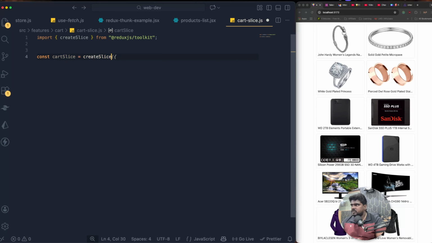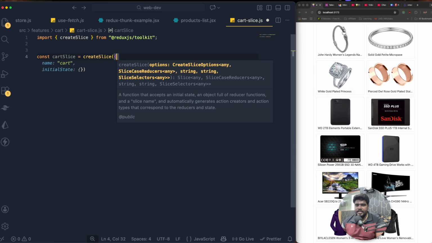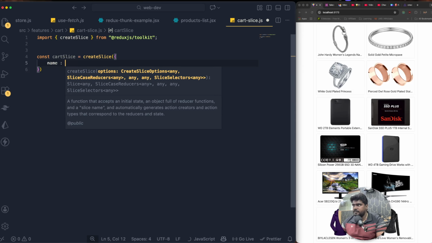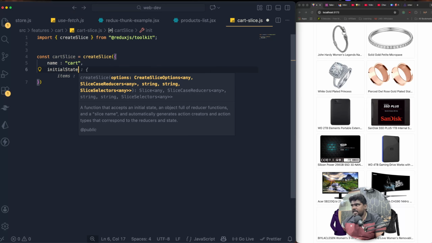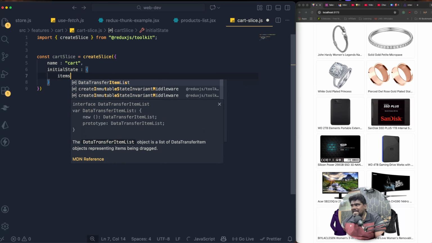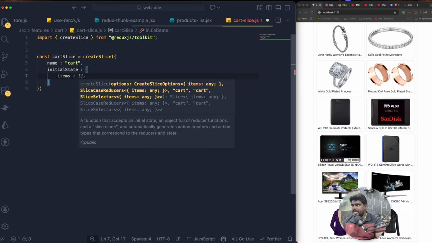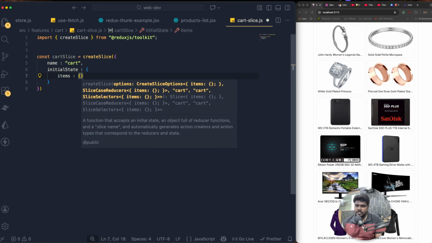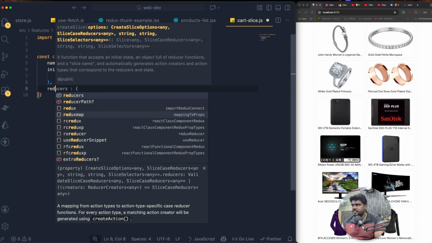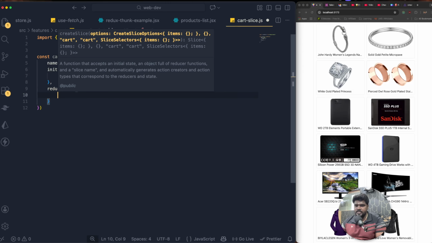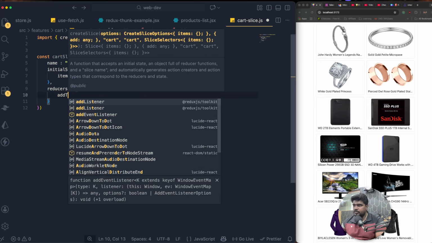So I'm just going to create the cartSlice, which is equal to createSlice. Open it and bring the object. The name, of course, is going to be cart. Then the initial state, which is going to be the items. Basically it's going to be an empty object. Okay, and comma, and here we just need to supply the reducers, which is basically going to be addToCart,